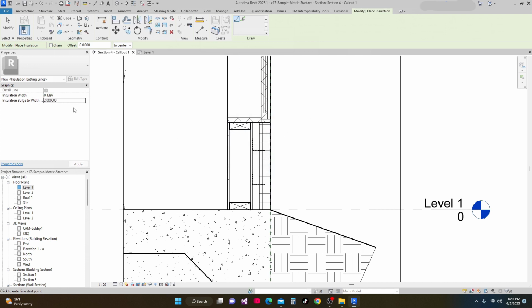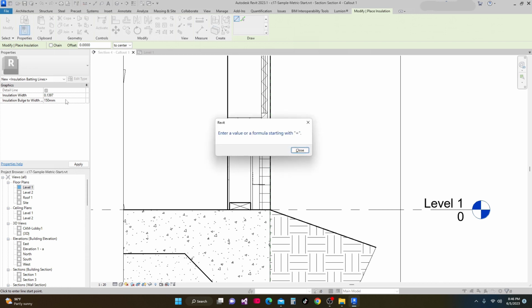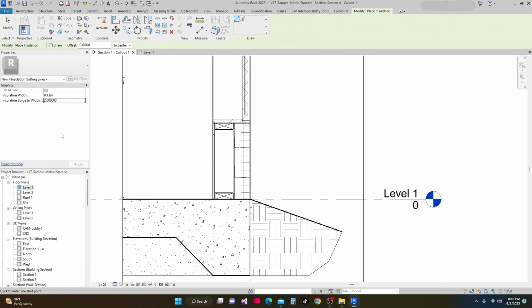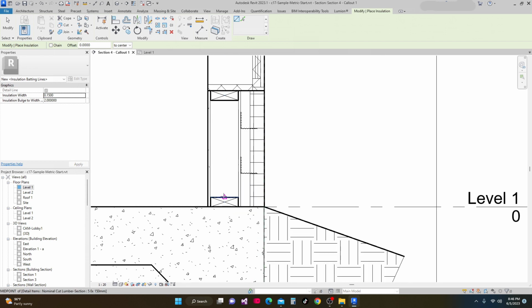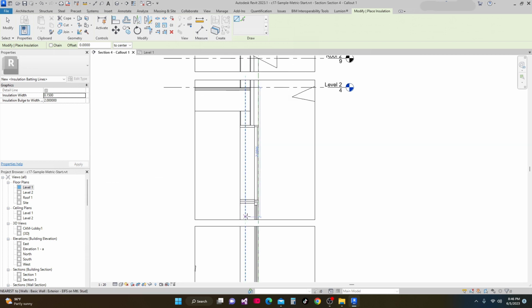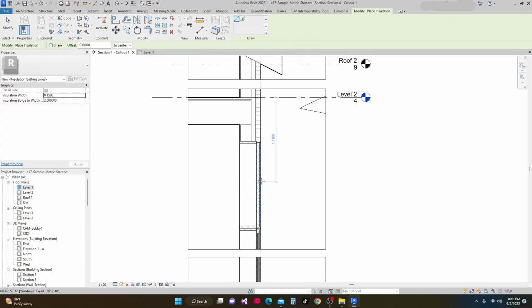Oh, formula, why is it formula? Go back. Oh, this one, 150 mm, and then there, and what I'm going to do is just go and drag it up like this. Now we have the insulations, and then next that we will do is we're going to make also one